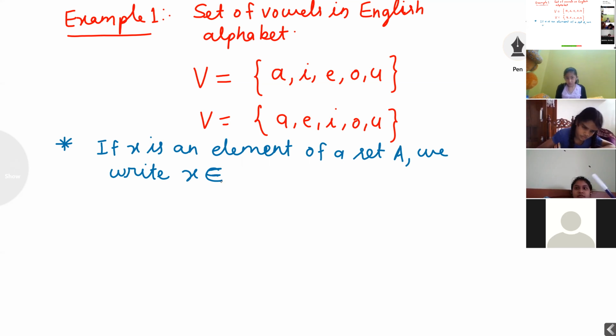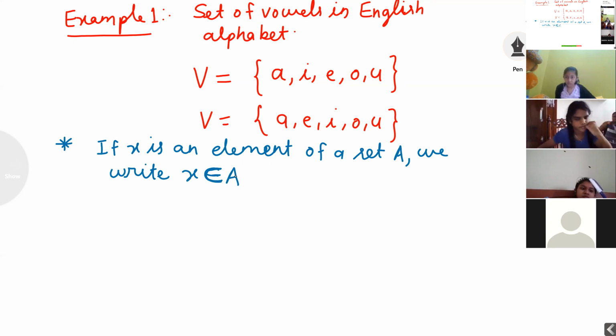How to pronounce this symbol? Belongs to. x belongs to A. Got it?